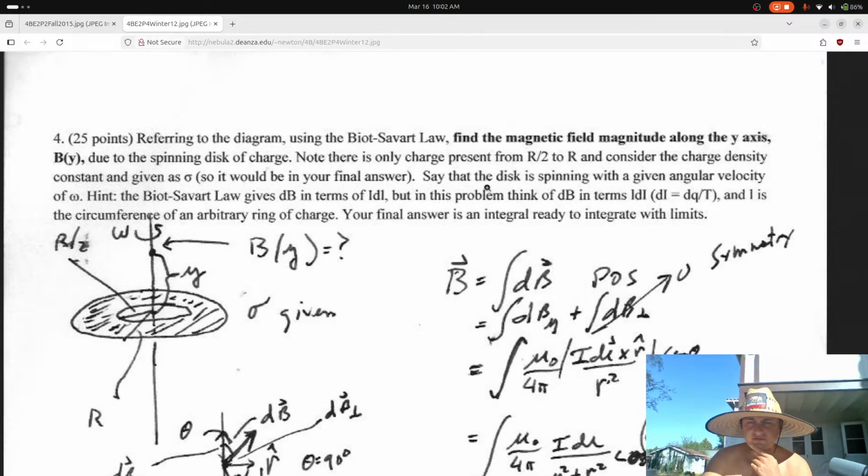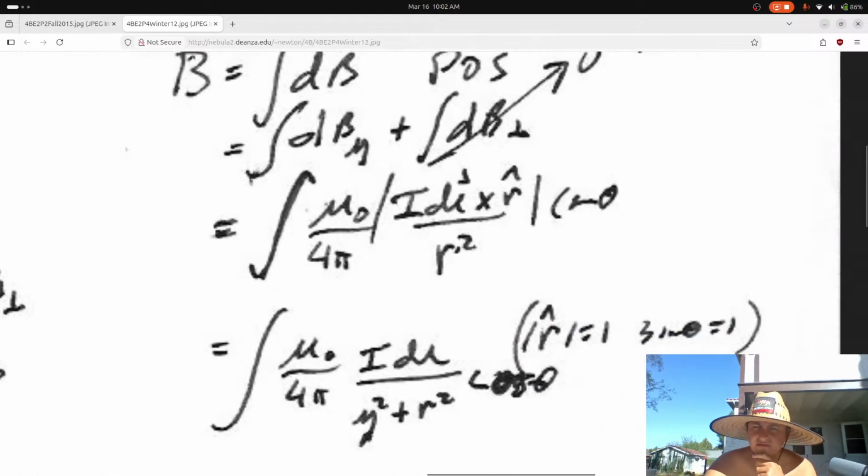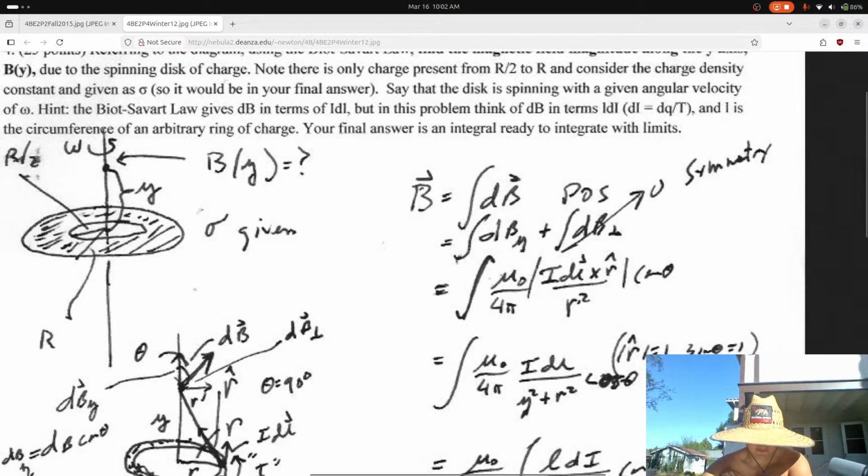So yeah, I'm confused about this step. How come it's 90 degrees? So this is equal to